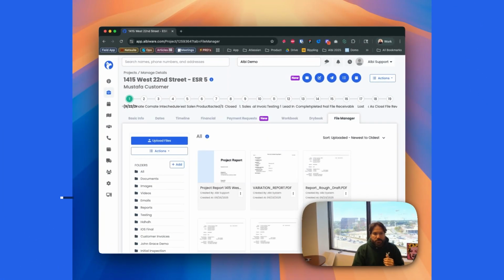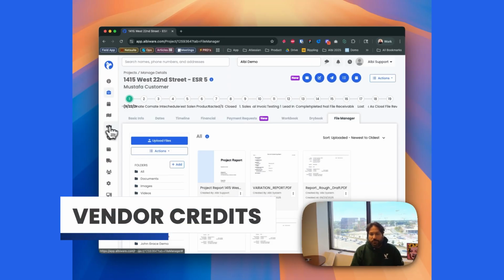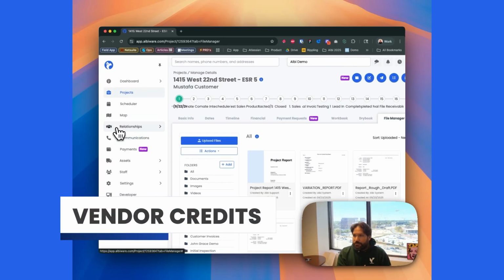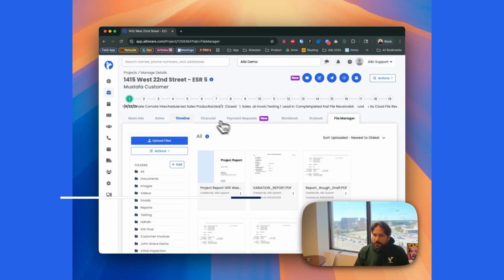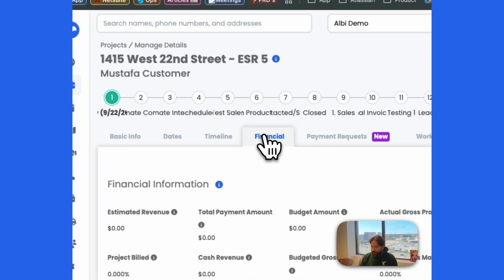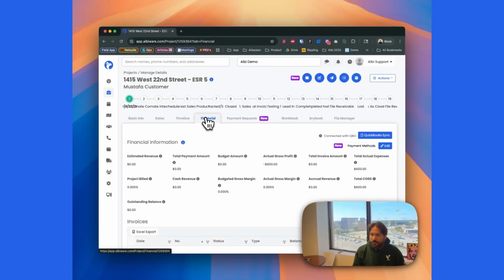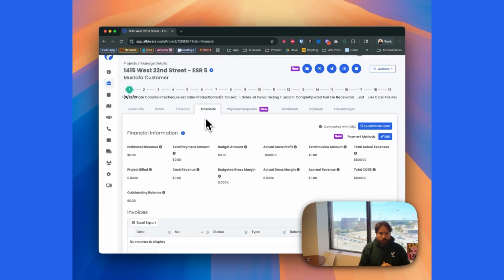Now let's jump into our latest feature, which is bank deposits and vendor credits. So let's see if this account is connected to financials. This account is connected currently to QBO. So we have a new improvement on QBO where